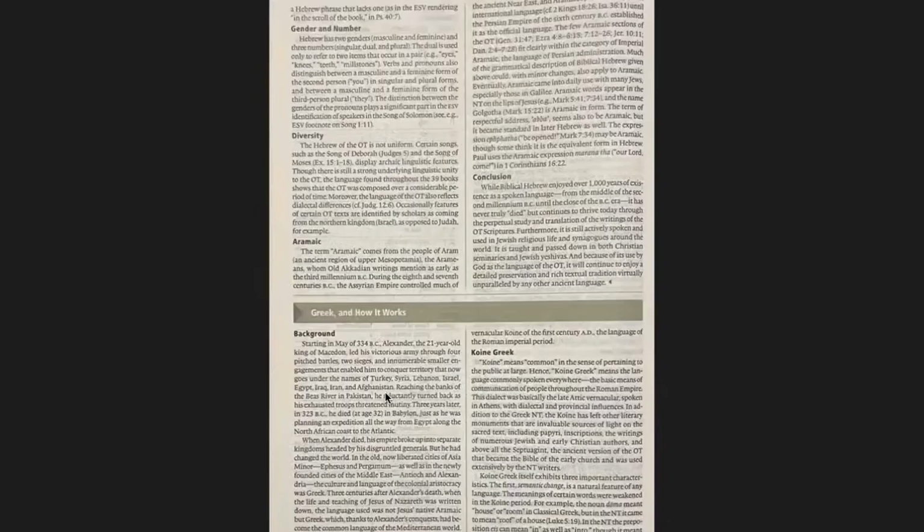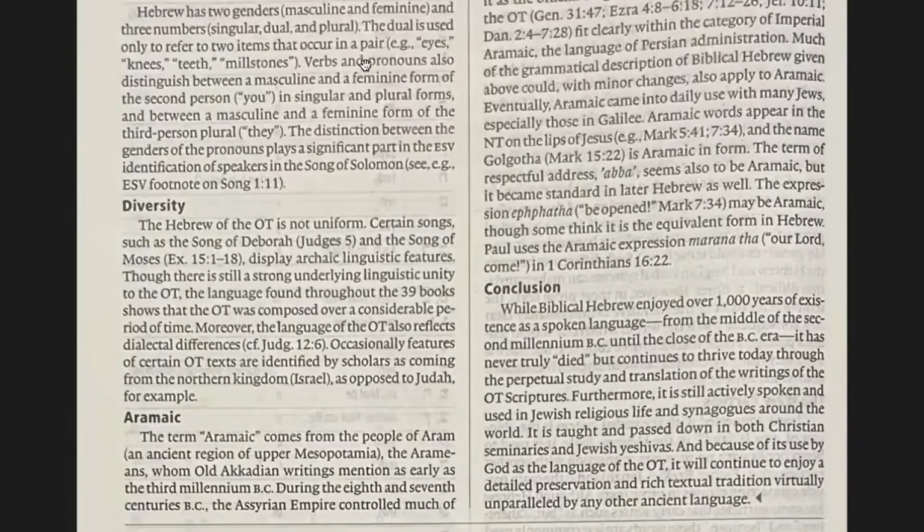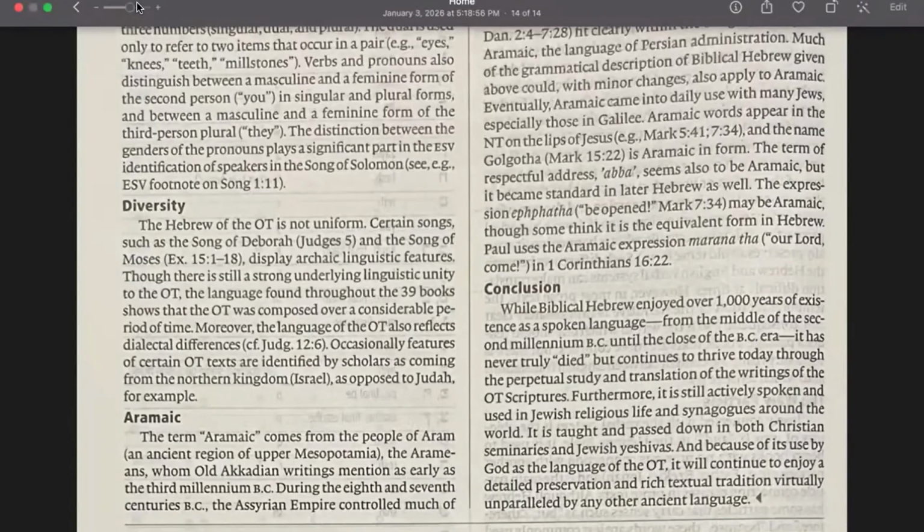Hebrew has no word for "of." So the Hebrew probably says "scroll book," but the way they render it is "the scroll of the book." So that shows the different decisions that are made there. All right.